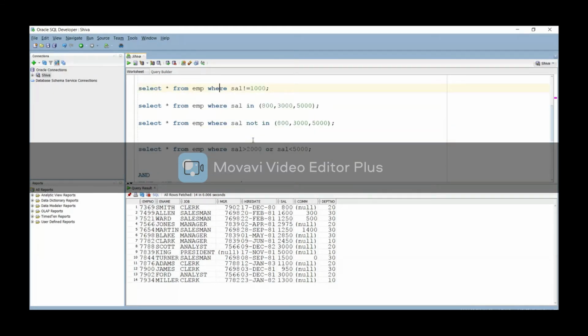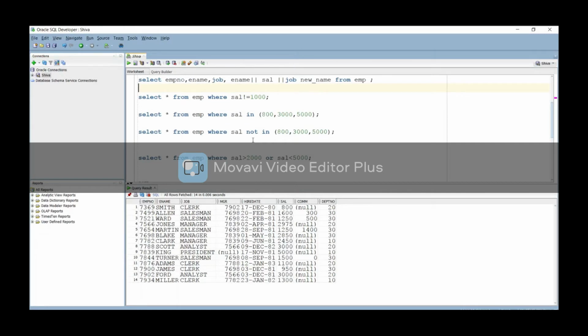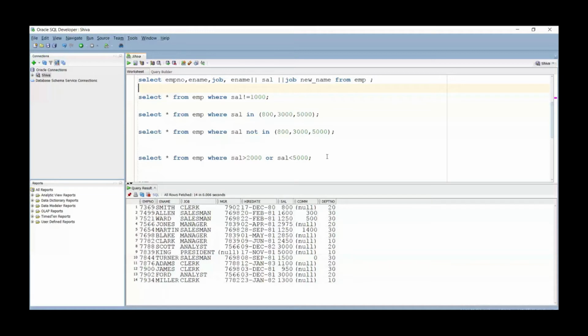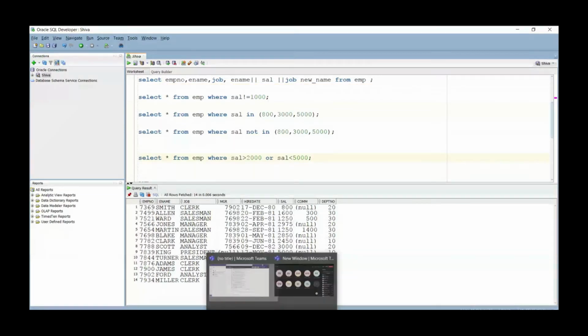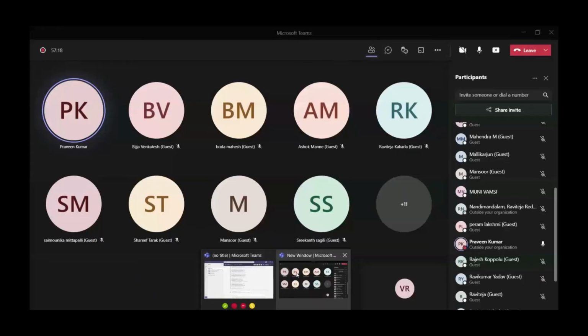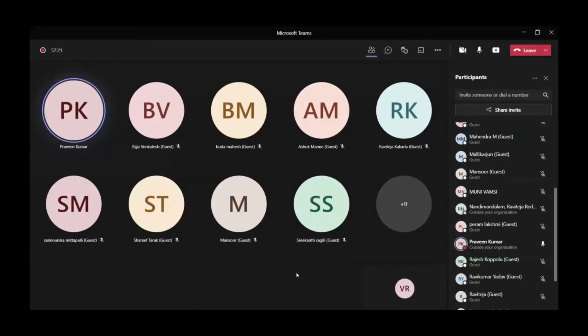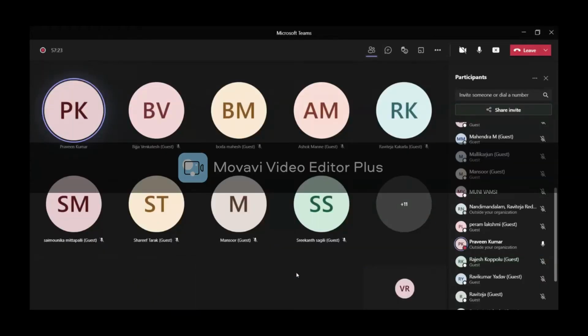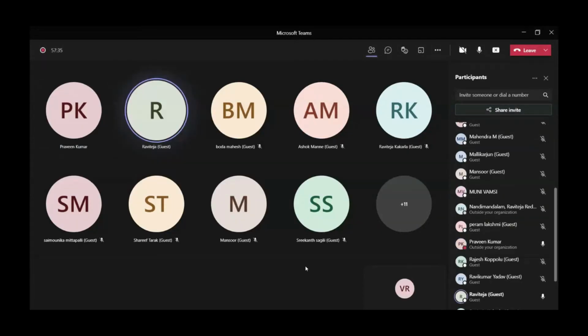We'll get the same result as the AND operator. Anyone who has more than 2000 salary will get that result.